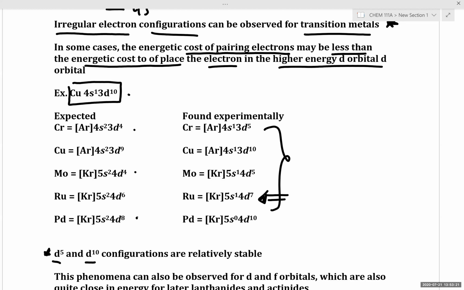For some of the odder exceptions, I'm not expecting you to memorize them. Does that make sense to everyone? What my expectations are, and the fact that we do see irregular configurations, is due to this push-pull dynamic between pairing electrons versus placing the electrons in the slightly higher energy d orbital. So for example, for chromium,